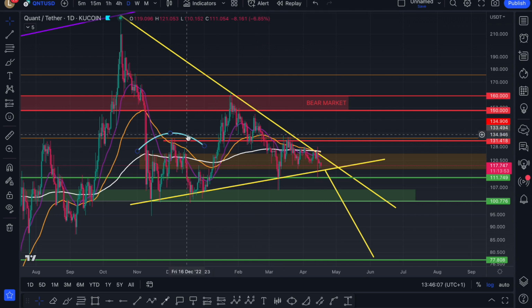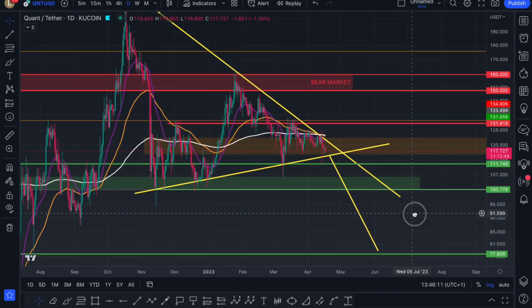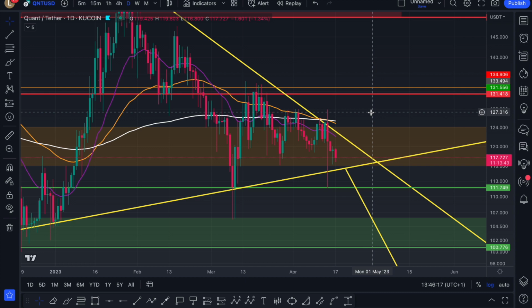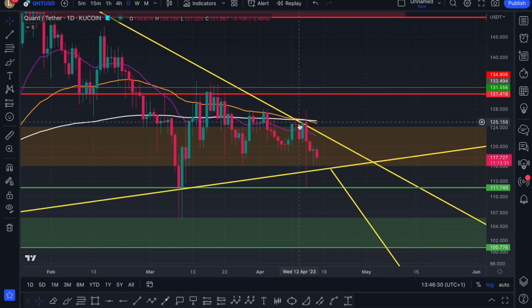I'm going to get rid of these points, but you can see the target would be exactly $78 over here for Quant. Now, if we zoom in a little bit, in the last actual Quant YouTube update, I did say immediately after this big wick that it bounced off my support exactly. Remember, if you do remember, I made a video suggesting that after the CPI data release, which was this red